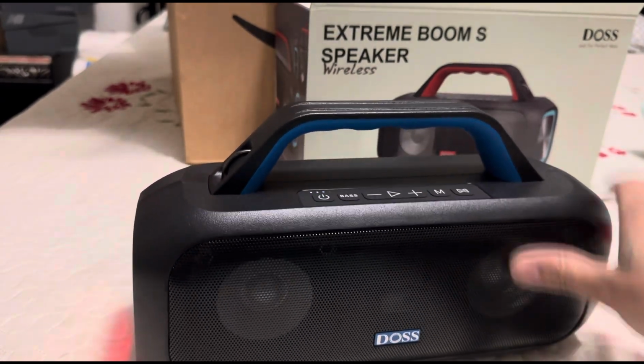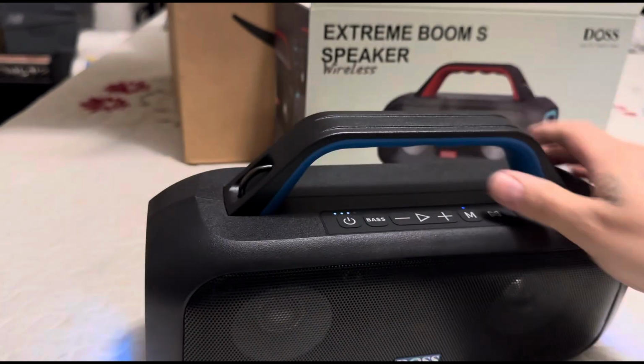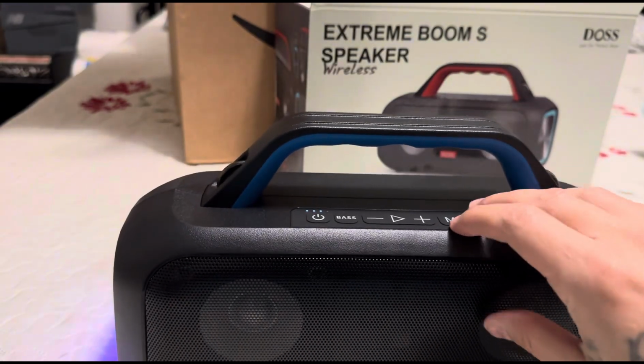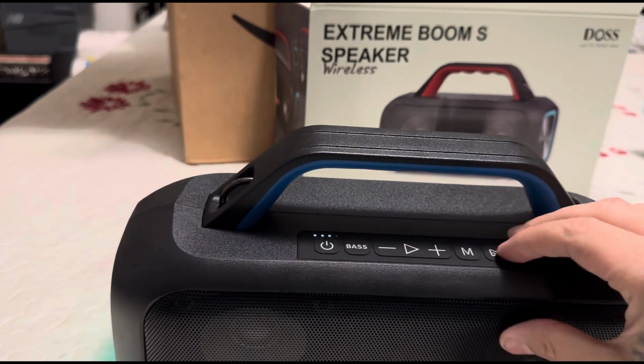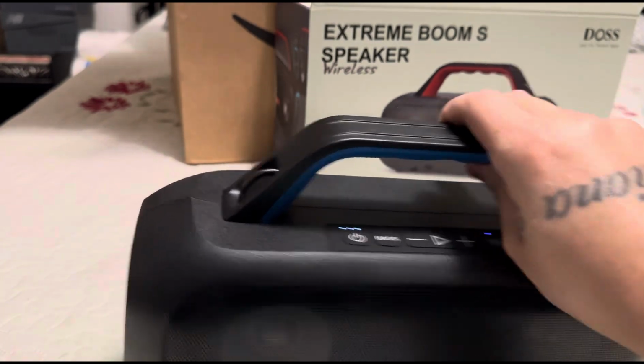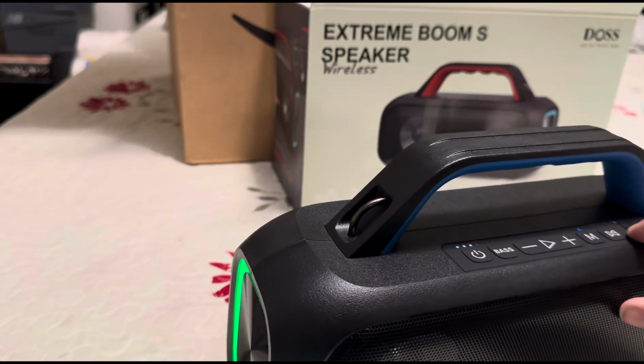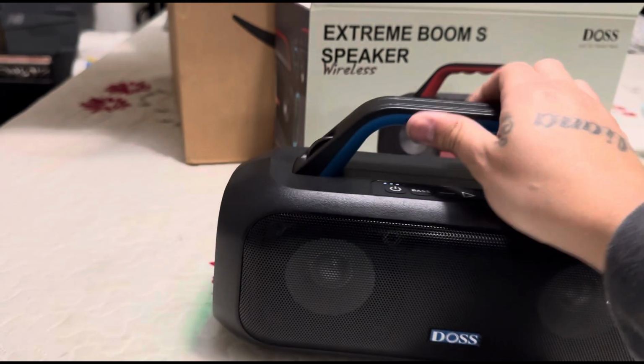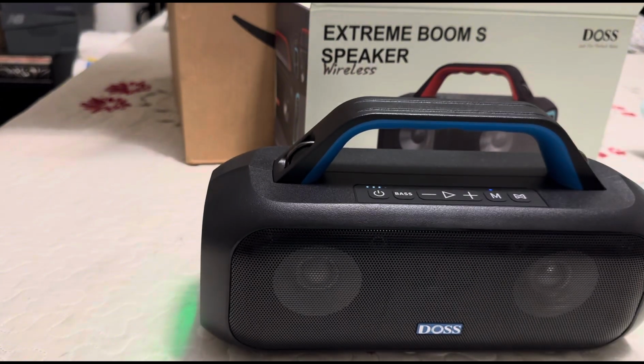See the different lights right here on the capacitive radiators. Okay, so I forgot, this is the button right here for the lights. This one right here, see, you can turn them on. I like that light fashion. All right, so